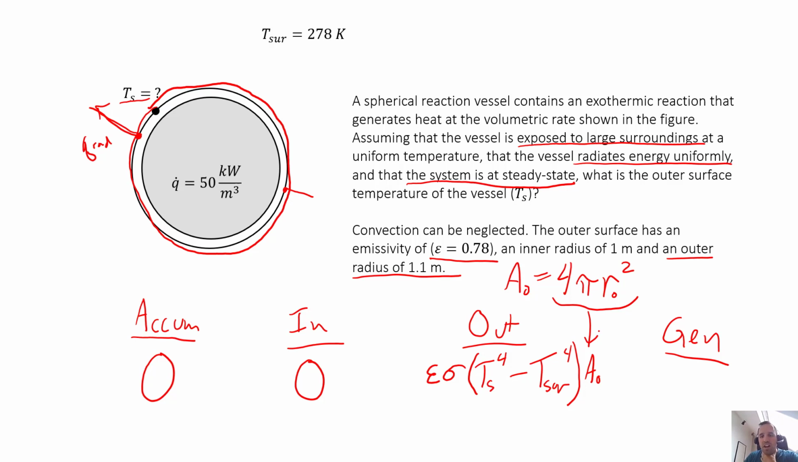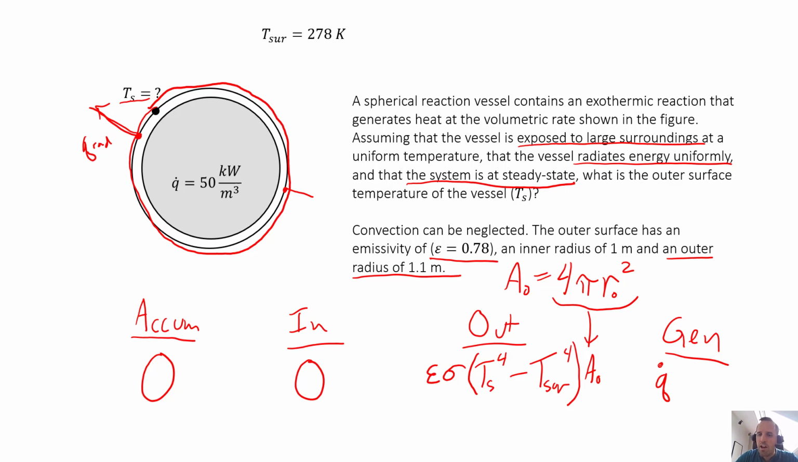Okay, we also have a generation term. Remember, this reaction is exothermic and it is generating heat. So this is our first time dealing with radiation so far in this class, with generation in this class. So we need to look at this, and here units can help us. So this is a volumetric generation term. So per unit volume, this is how much heat we generate. So our generation term